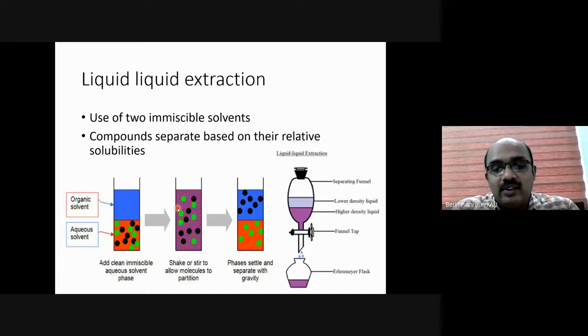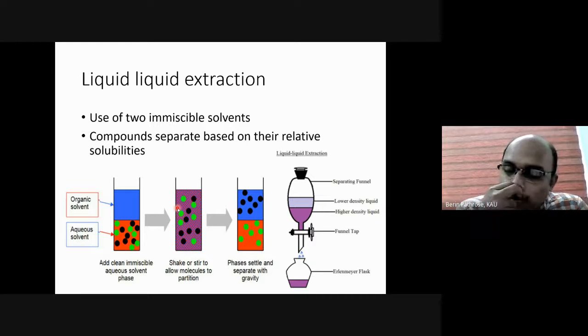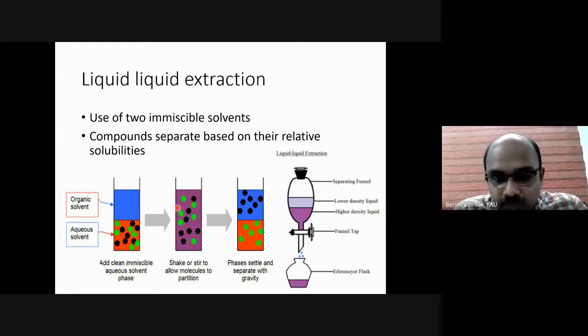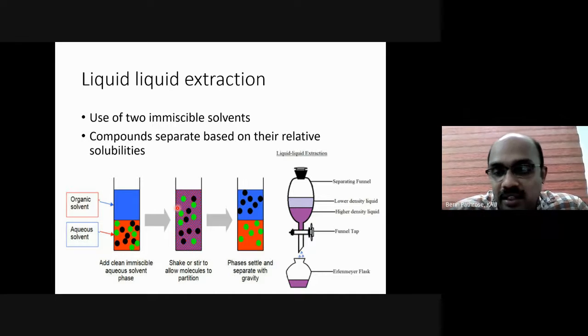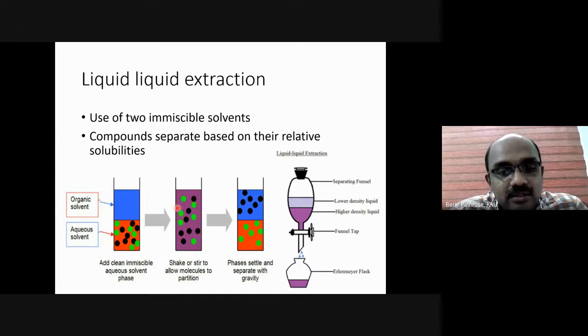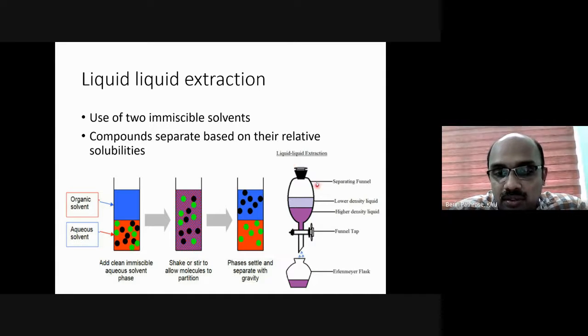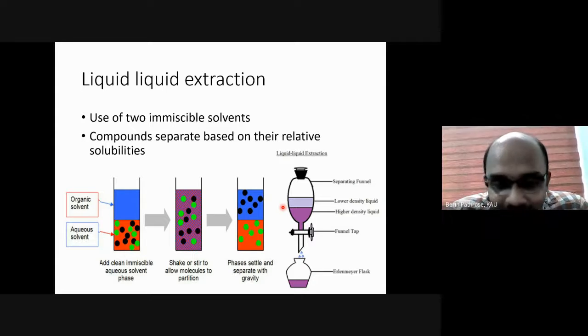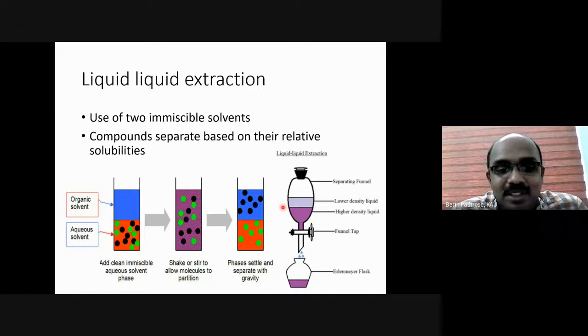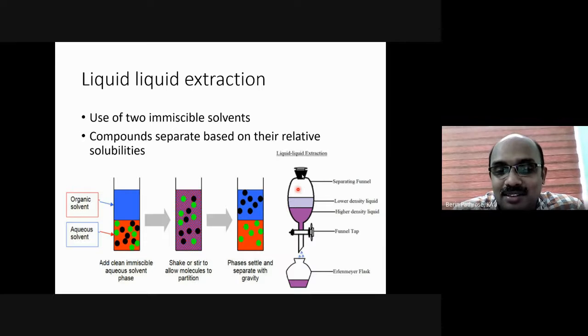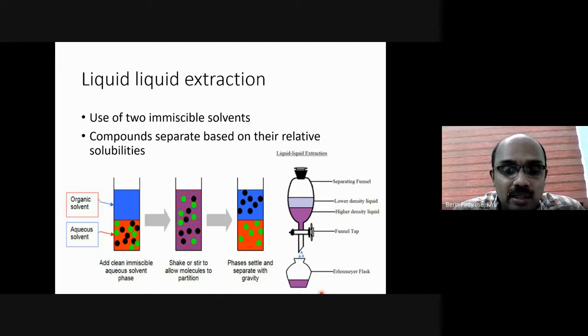So this is liquid extraction. Have you ever seen an apparatus like this? A glass apparatus like this? This one. Burette, yeah? Like a burette. Actually, it's not a burette. A burette is an elongated tube-like structure. This is oval in shape, a pear-shaped structure actually. This is called a separatory funnel. Separatory funnel.